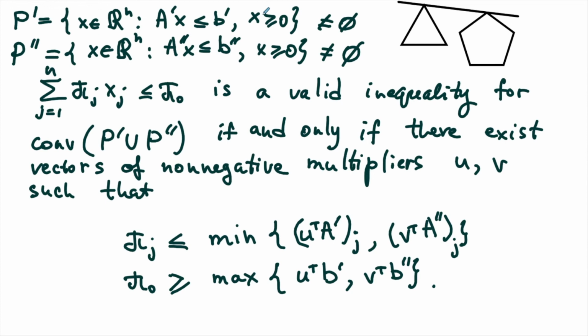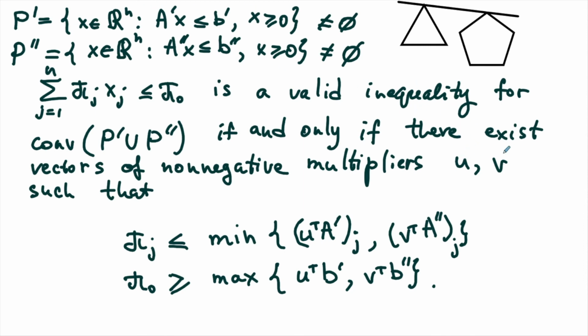All variables are supposed to be non-negative, and we have A prime x less than or equal to B prime and A2 prime x less than or equal to B2 prime, for the systems of inequalities other than non-negativity. So now, if you want this inequality, which is given by the summation of pi j's xj's less than or equal to pi 0, to be a valid inequality for the convex hull of the disjunction of P prime and P2 prime, then this can be the case if and only if there exist vectors of non-negative multipliers u for the first system and v for the second system,